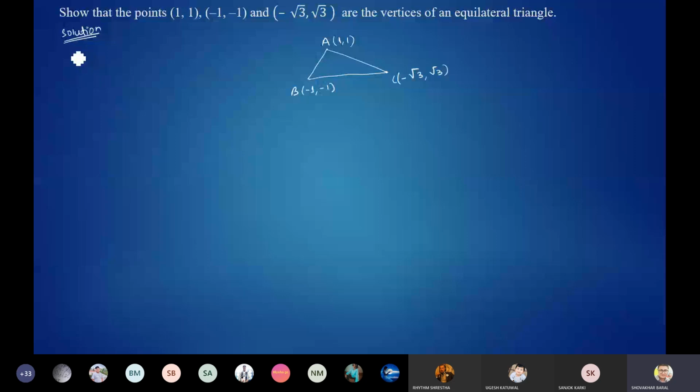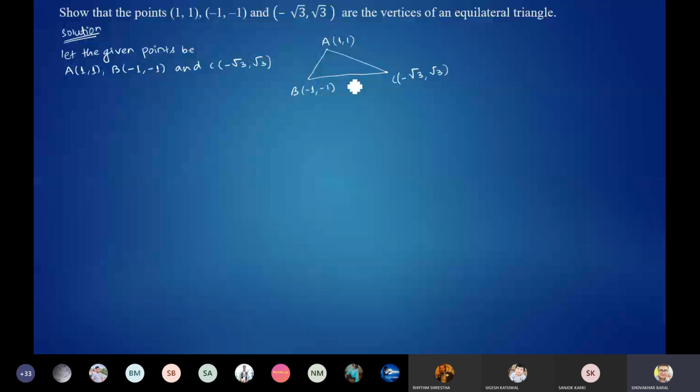what we are going to do is, let the given points be, just write it please, copy along with me. Let the given points be A (1, 1), B (-1, -1), and C (-√3, √3). I hope you have practiced such questions in class 8, though I'm going to do this in class 9 also, but this was actually an important question of class 8. So let's find the distance between AB, then BC, and then AC.